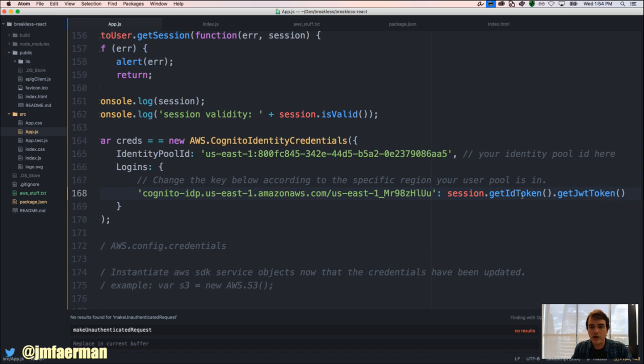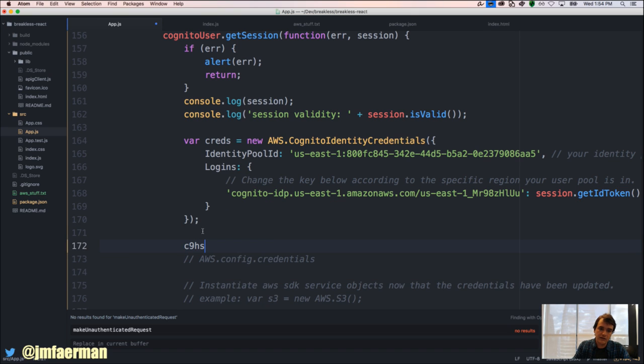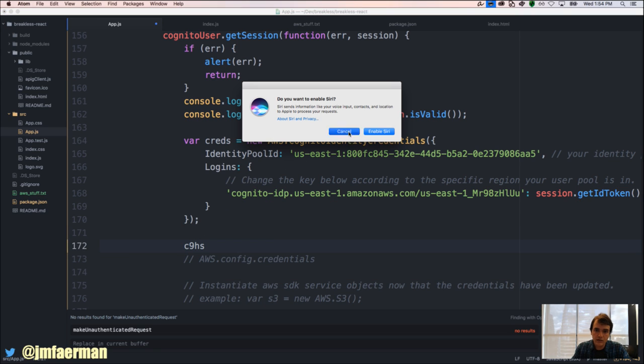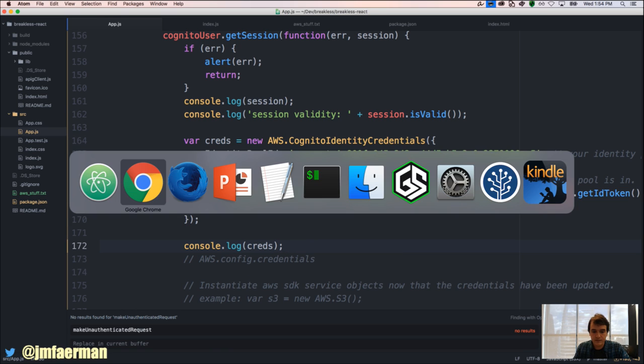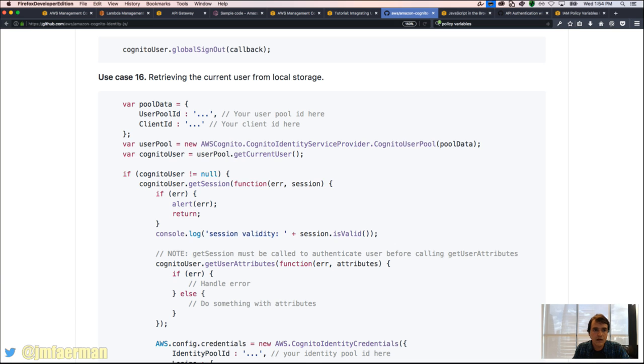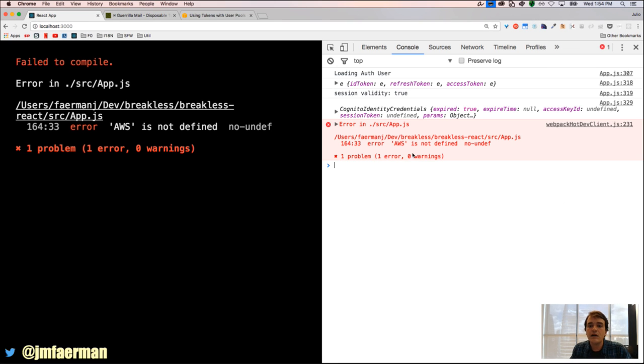And the token, and this is associated with that token, and if this goes right, we can console.log these credentials. And if this is all correct, nearly,